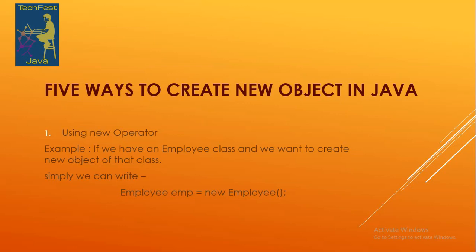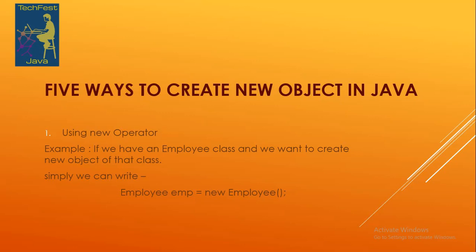One of the obvious answers would be the new operator, which we all know, that we can create an object by using the new operator. Here is an example we have taken, an employee class. Suppose we have an employee class and we want to create an object of the employee class, then we can write Employee emp = new Employee(). That is the first and easiest way we can create an object in